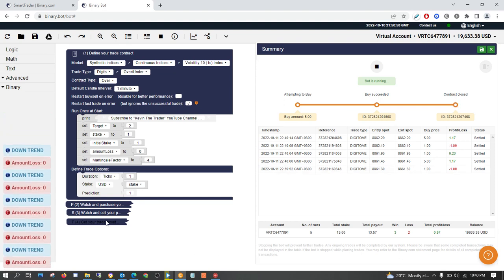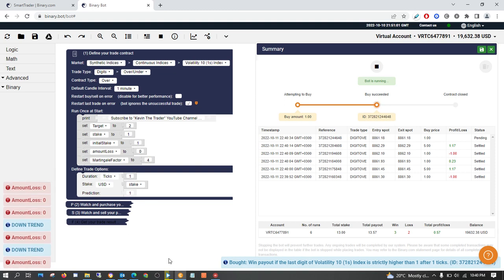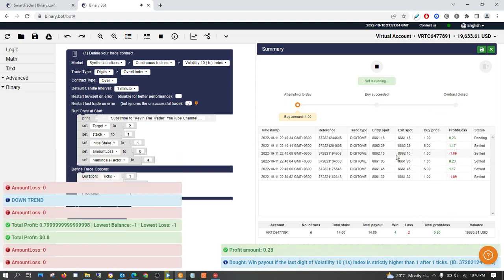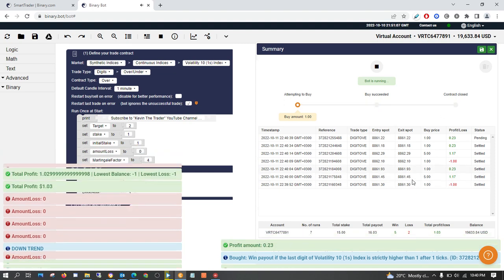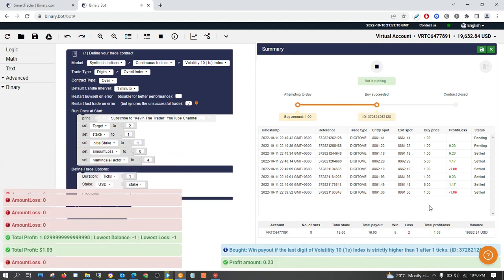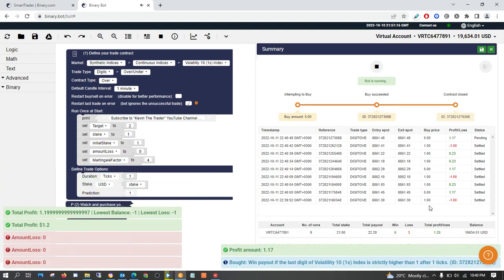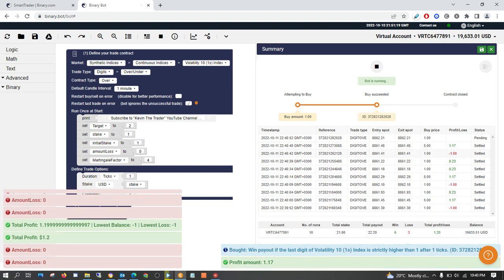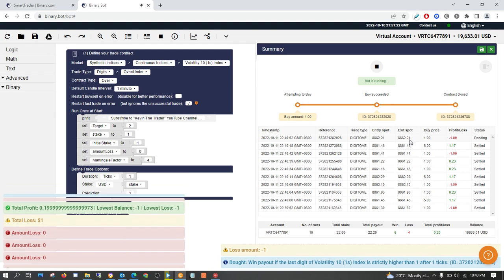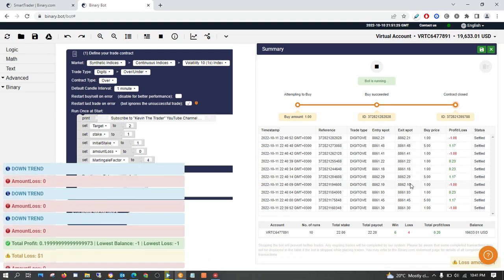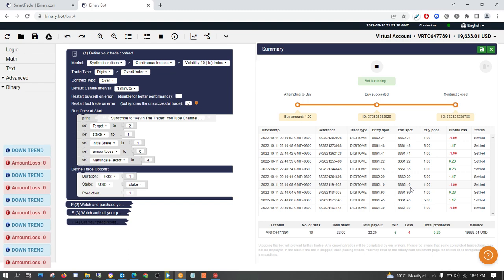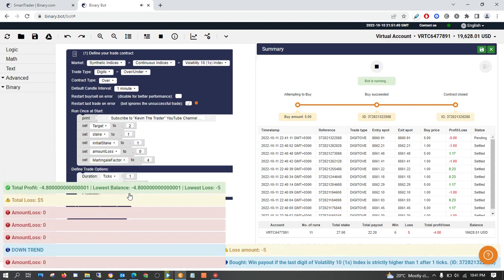So this bot does some analysis before it trades, okay, so that it won't lose more than twice in a row. Like that one is a loss, you see. That one is a win, you see. Anything with this 1, or this 0, is the exit spot, you see. Anything that ends with 1 or 0 is a loss, because that is a prediction that is not over 1. So anything that ends with 1 and anything that ends with 0, you lose the stake.